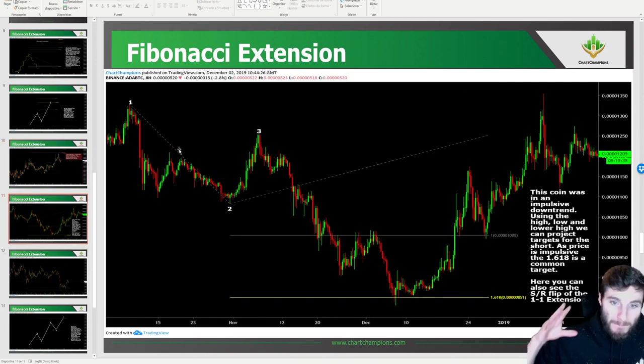Cardano back in December was it was very much impulsive, and as you can see here, you get the reaction at the 1-to-1, but ultimately wicking onto the 1618 before a reversal, from high down to the low, up to the next, in this example, lower high. You obviously come down, you get a reaction off the 1-to-1. Ultimately, though, and this is what I really loved about this example, if I'm honest, look at the SR flip. So you hit the 1-to-1 and it found support.